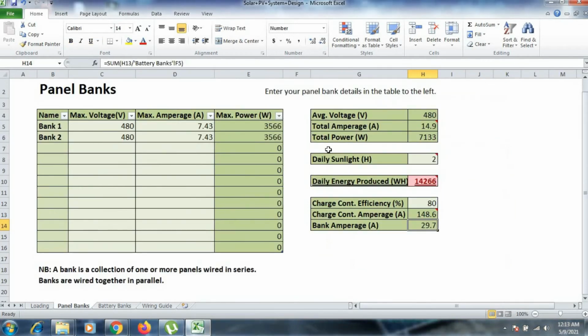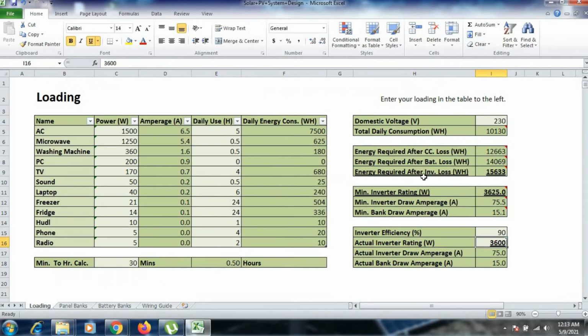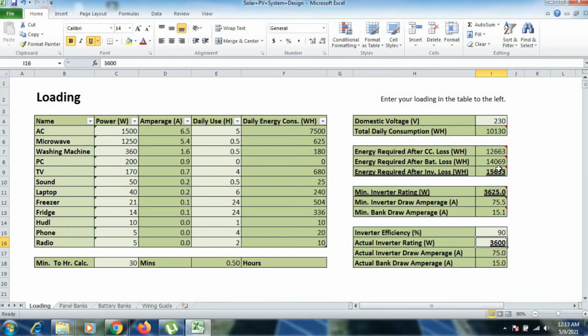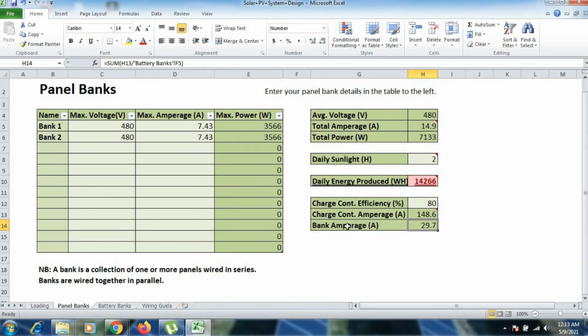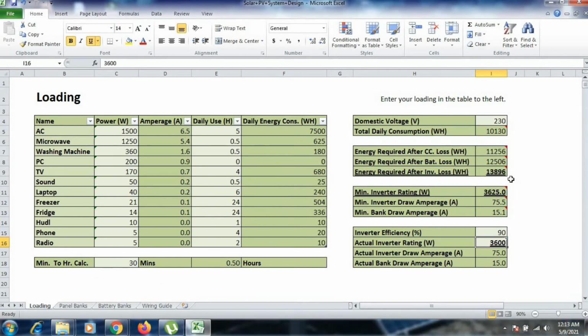So then this is not satisfying our requirement, because previously our requirement was 13,896 watt hour. Now it has become 15,633 as we are using a less efficient charge controller. Now we have to change this charge controller efficiency. If we make it 90% again, as you can see, it's satisfying, and the requirement becomes 13,896 again.